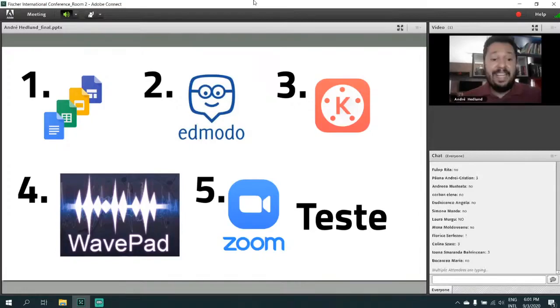And Zoom, we are using Zoom right now. So what is that for? Which pillar? Yes, number two. It's a video conferencing tool. You can also record videos with Zoom. You cannot really edit unless you do it as you go, like stop recording or pause recording or something like that. But you can do many things with Zoom, right? I think Zoom is a great tool.